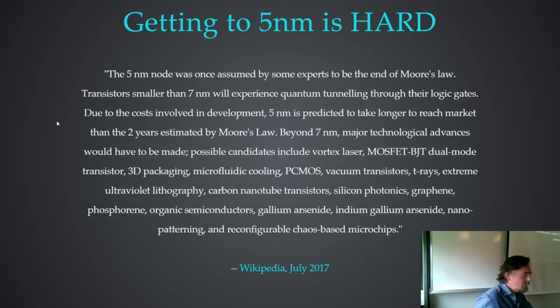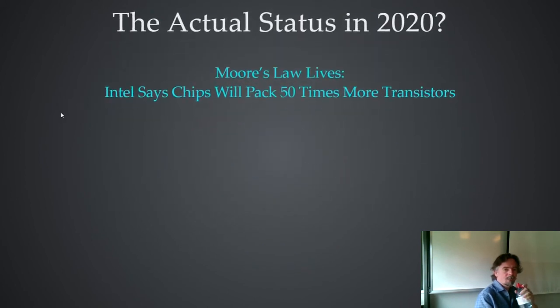And getting down to 5 nanometers, which is what they do for the kind of processes that you have about now, has been really difficult, but they did manage to do it. It took a couple of years longer than anticipated, though, so there has been a little decline in the trends of chip performance recently, because it's been really hard to get down to these very small sizes that we use now.